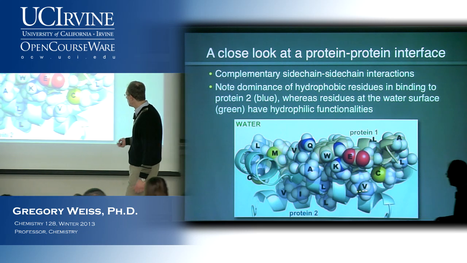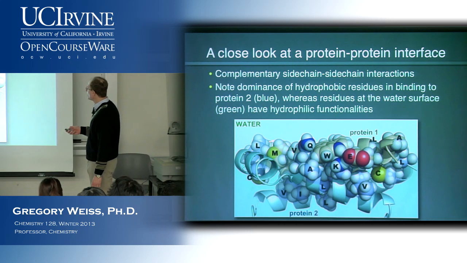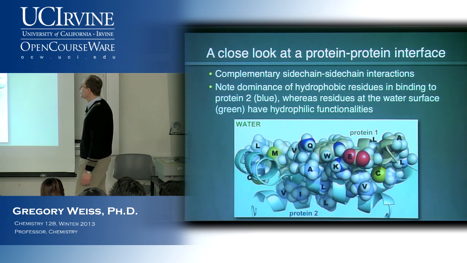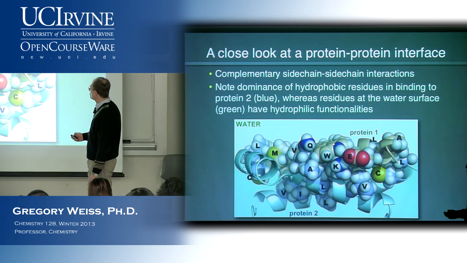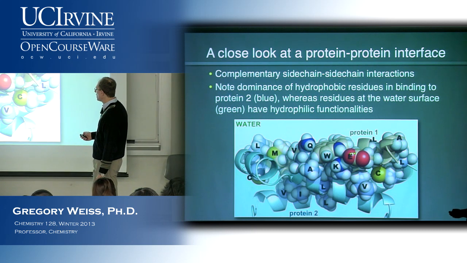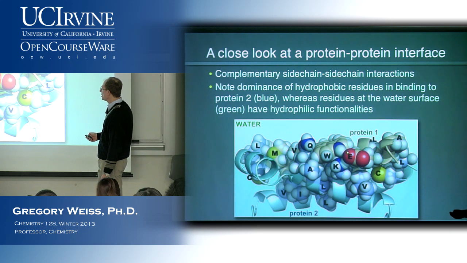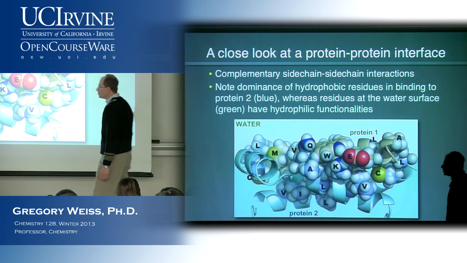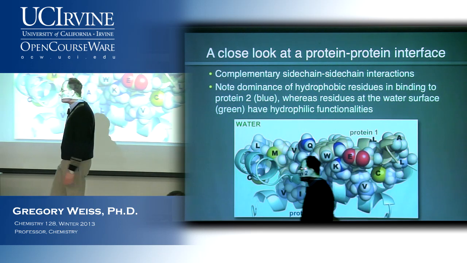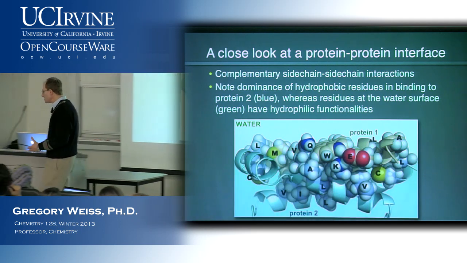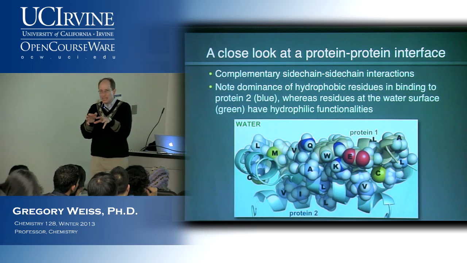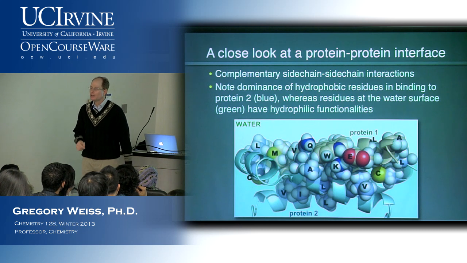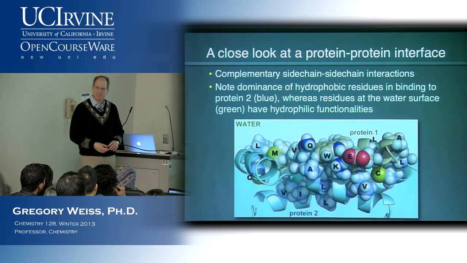Okay? They're the ones that are dominating down here. Up here at the interface with water on the outside of a protein or on the outside of a protein-protein interaction, there's lots of charged functionalities, such as this carboxylate side chain from a glutamic acid, this amine functionality. There's lots of hydrophilic functionalities that can interact with the water. This has the effect of orienting the protein in this interface between one protein and water. Okay? Makes sense? This should make sense, right?